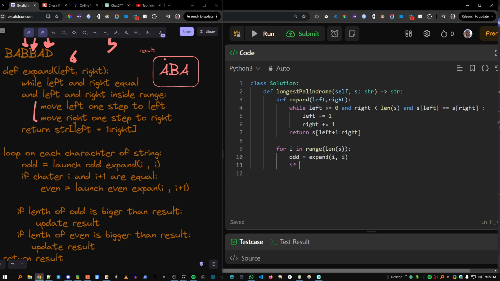and if character I and I+1 are equal, so if s[i] equals s[i+1], wait, what if it did go outside of range? In the last loop, is it gonna go outside of range? Because we only check range here. So I guess I need to check range here too. So I can do the same thing. If